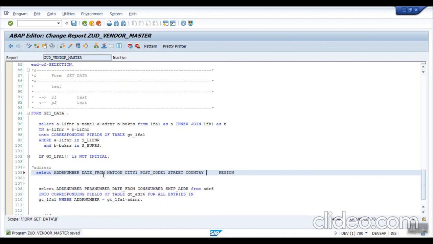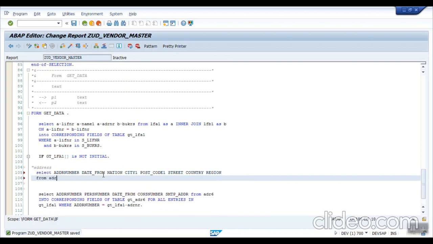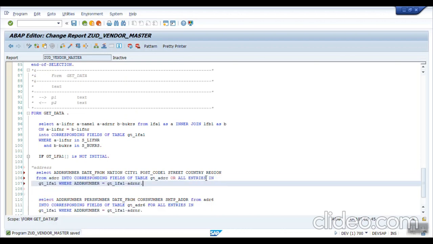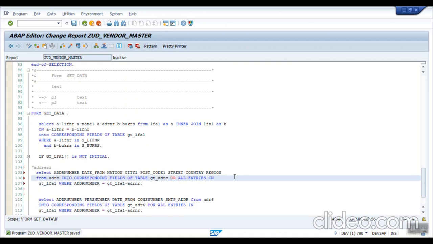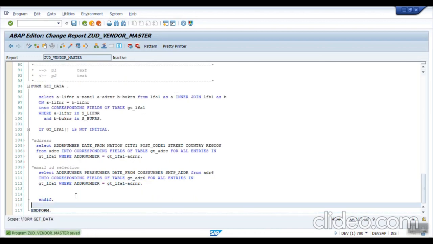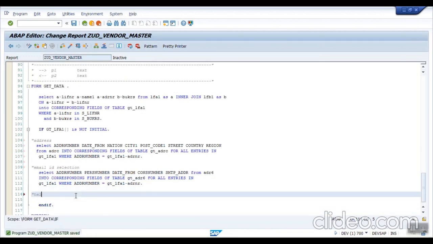This is the learning phase, so go a little bit slow and understand all the concepts from ADRC into corresponding fields of table GT_ADRC. The same code for all entries in GT_LFA1. After that, write this email ID selection, and then finally we will write the telephone number selection.